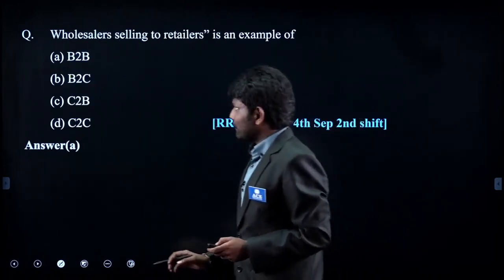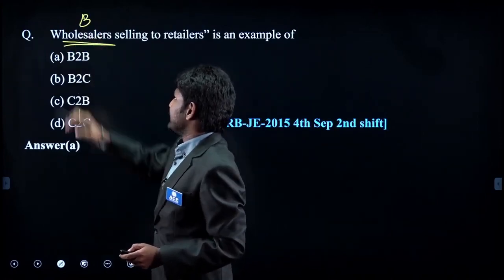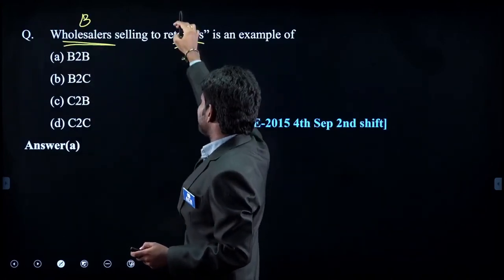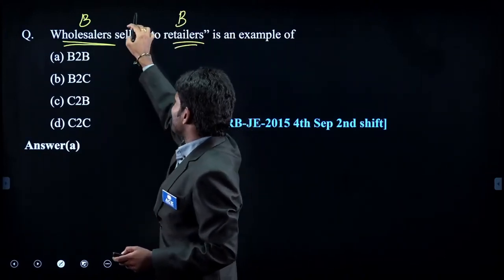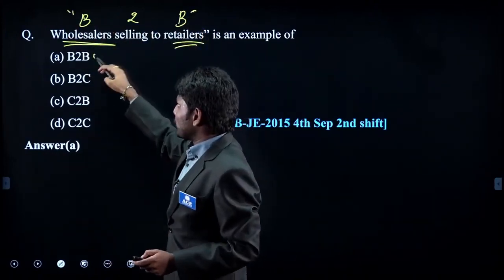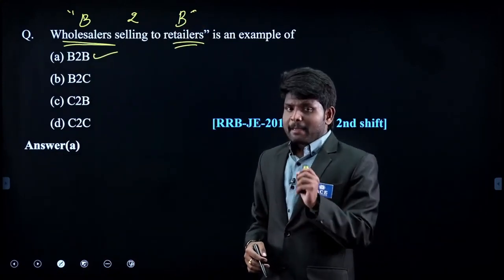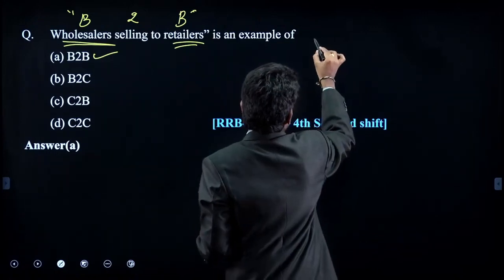Wholesalers selling to retailers. If you observe here, wholesalers are business entities. Retailers are also business entities. So here both buyer and seller are businesses. So it comes under the B2B category. Fine. Then next time they may ask an individual